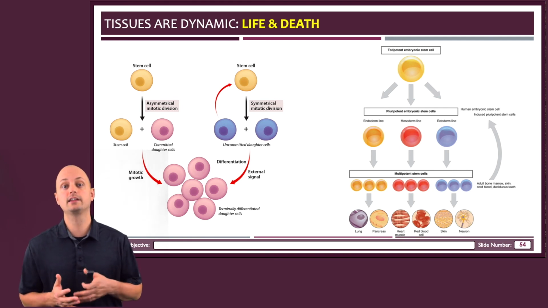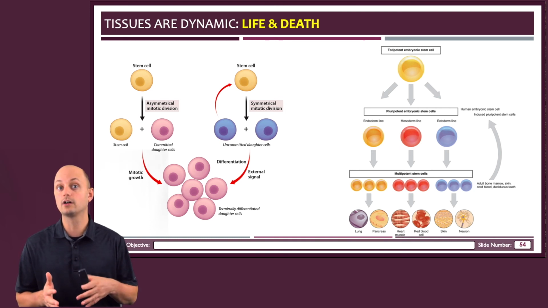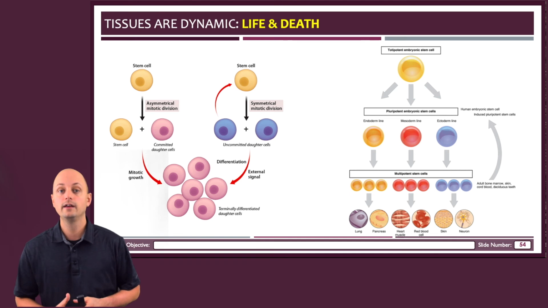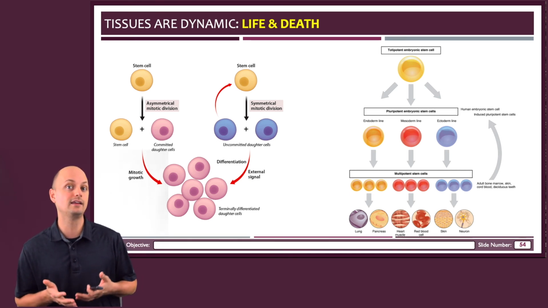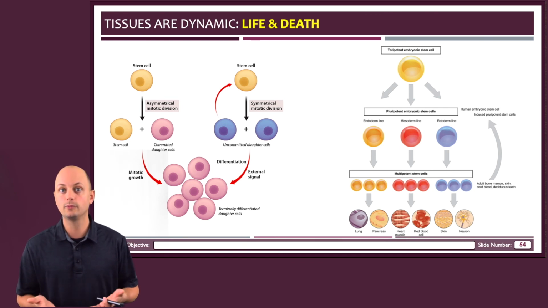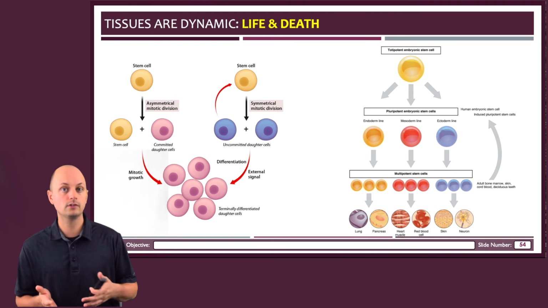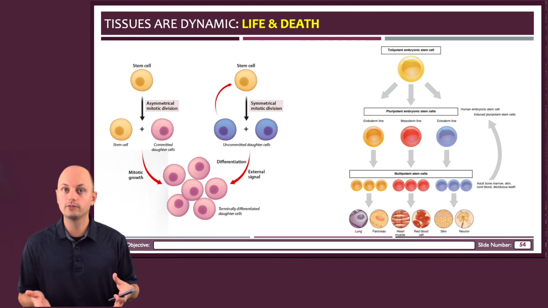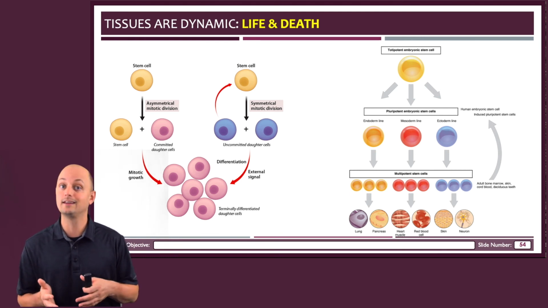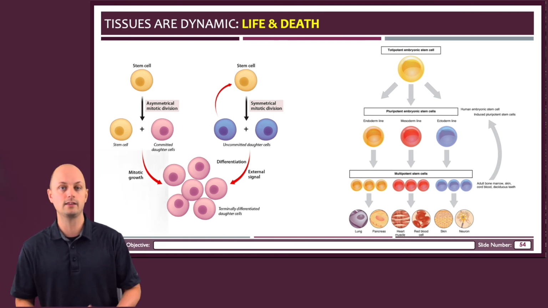During development, stem cells tend to lose their potency. So in the early stages of life, most cells are totipotent, which means they can give rise to any cell type inside the body. Even as we continue through embryonic development, we still have stem cells that can become any cell type. Although they're functionally similar to totipotent cells, we typically refer to those cells as pluripotent to denote the fact that they're found at a later stage of life. Now, this is one of the reasons why people are so interested in embryonic stem cells from a research standpoint. They can give rise to pretty much anything.